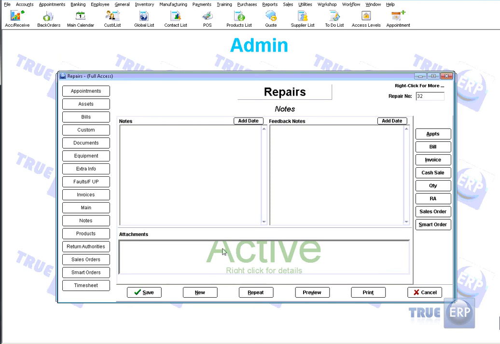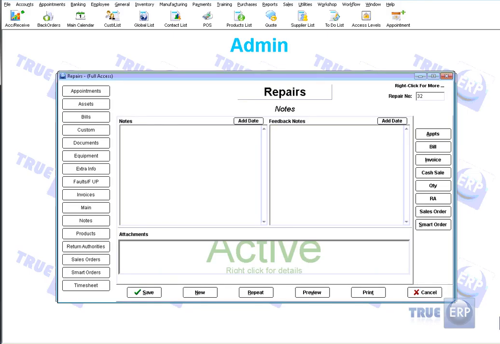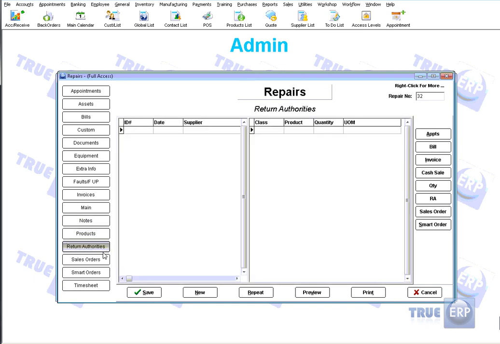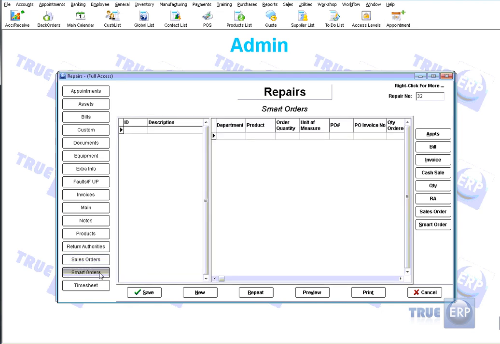And then you can also add attachments by just dragging and dropping. Let's go ahead and do that right now. So if I just grab one of these attachments here, if I highlight my ERP page, just go ahead and drop that here, and there we go. You now have your attachments saved on here, and it can actually save any kind of attachment. Okay, so again, any products, return authorities, any sales orders that were created, any smart orders that were created, and